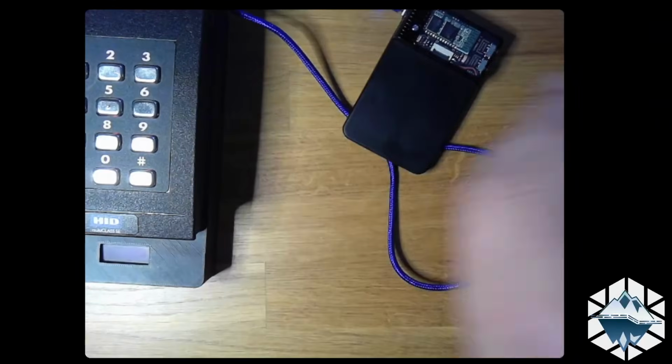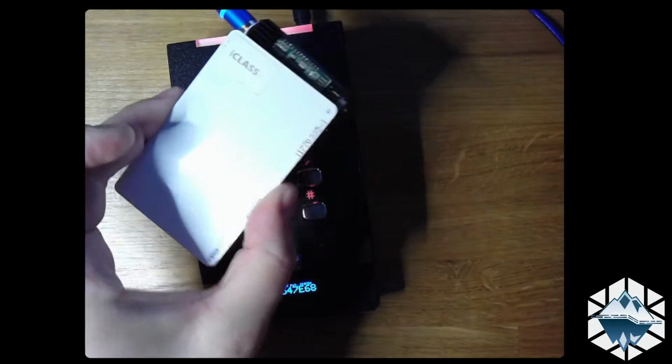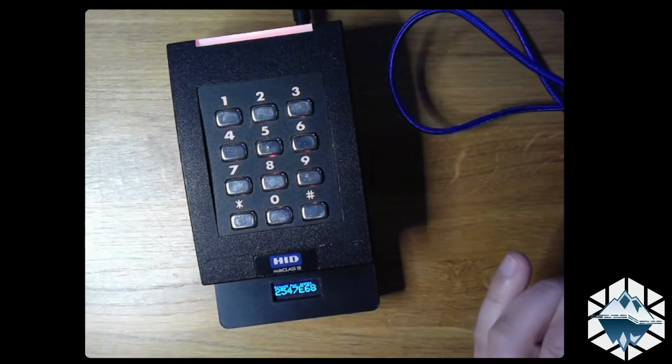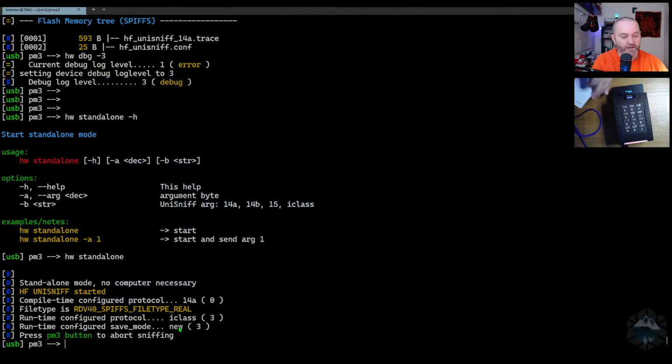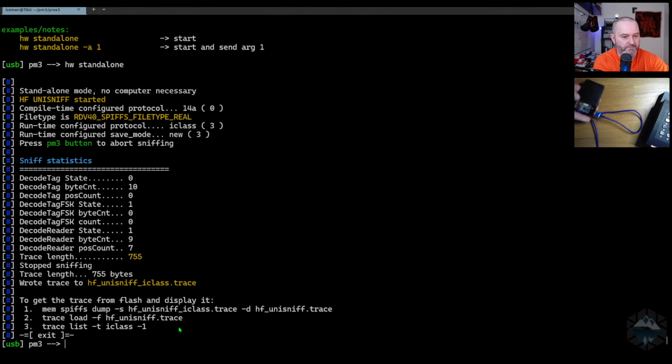Let's go over to the Ziggy part here. I will take an iClass card and I will present it to the reader. I will do it twice, just in case. I will press the button once. And you see, since we have the debug mode enabled, we got a little bit more text messages, but don't worry about that. The interesting part is that you have a trace length of 755 bytes,